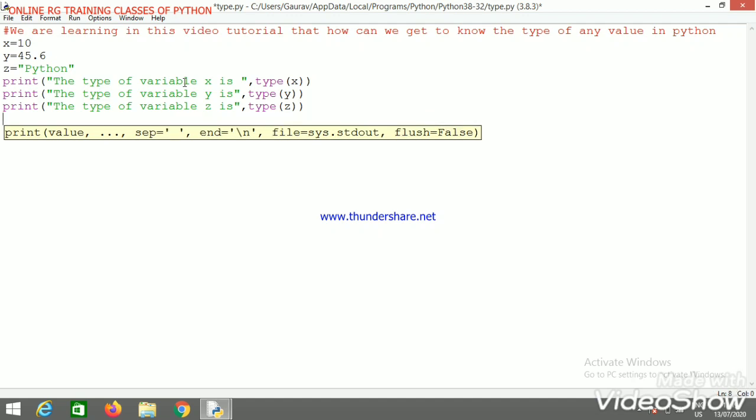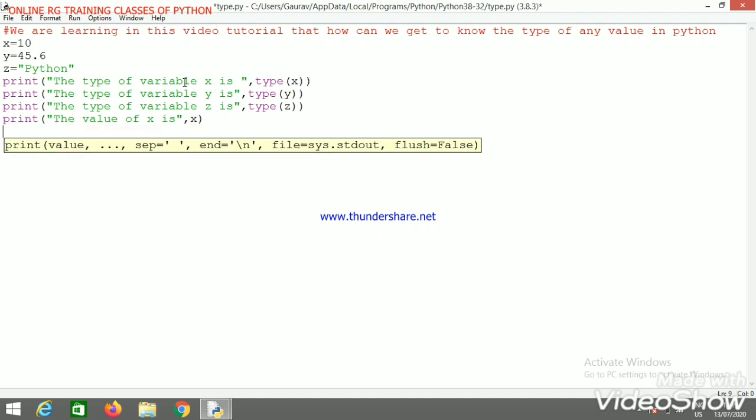Suppose that I also want these values to be printed on screen. Type and value, both I want in the output. So what can I do for that? Print the value of x is x.